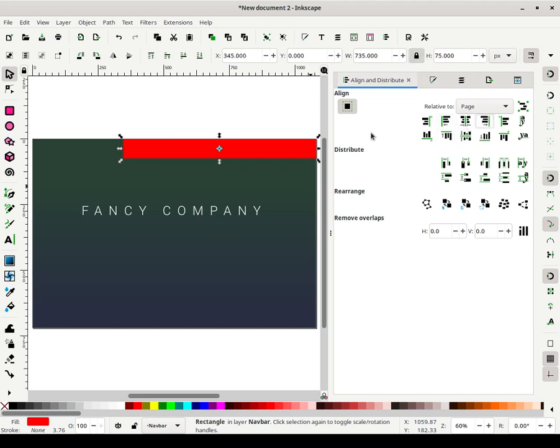Just make sure it's aligned again, and then duplicate this, and in width, unlock that first. In width, we're going to do 735 divided by 5, and then 75. Well, we don't need to do math on that one, that's pretty straightforward. So let's make this 45 pixels high.